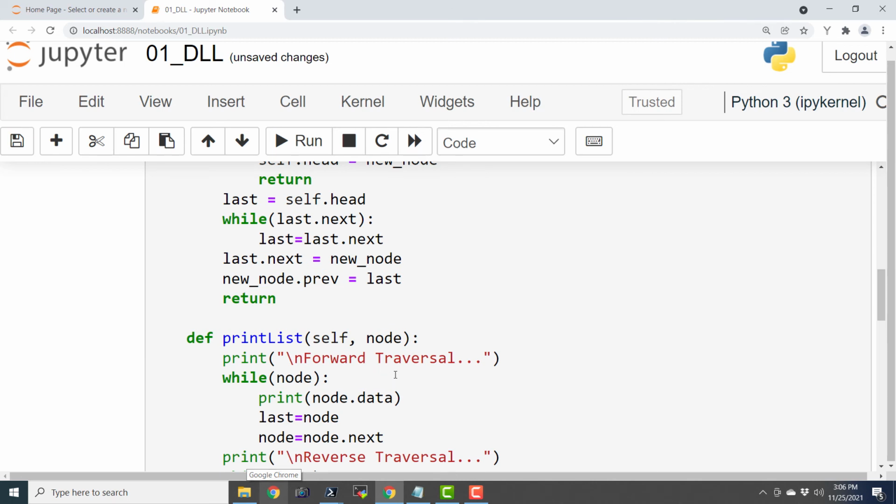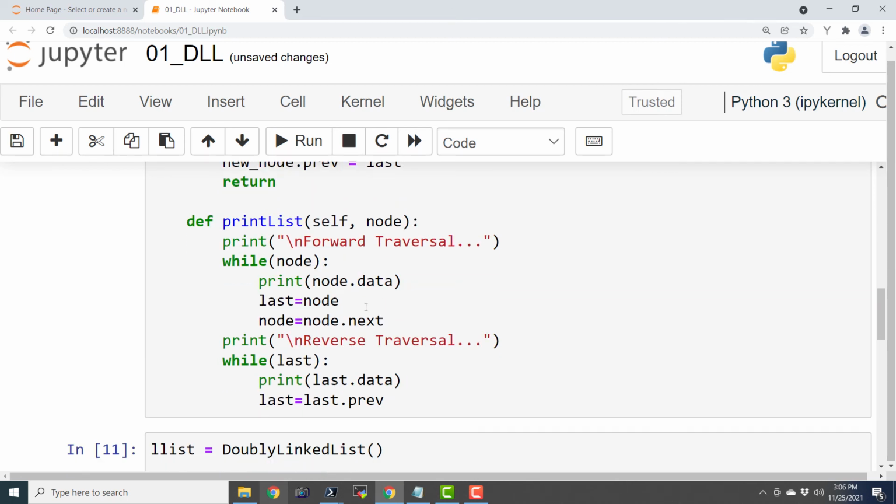So this is how we can define the logic for traversal of the linked list. Here we are just considering the input node and printing that node, and then fetching the address of the next node and assigning it to the current node. And here we are storing the last address before updating the current address, because in the end we are going to have the address of the last node in this variable last.